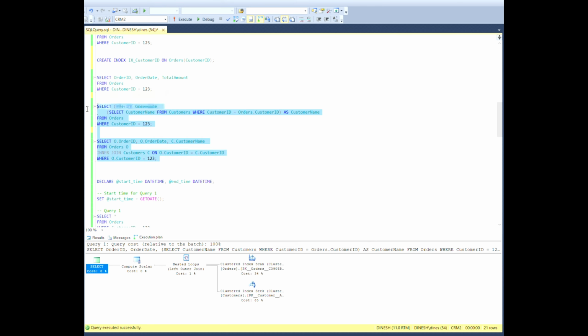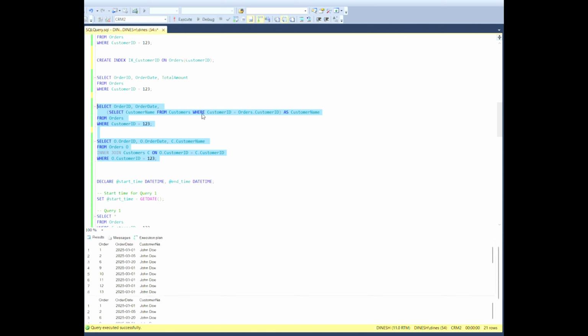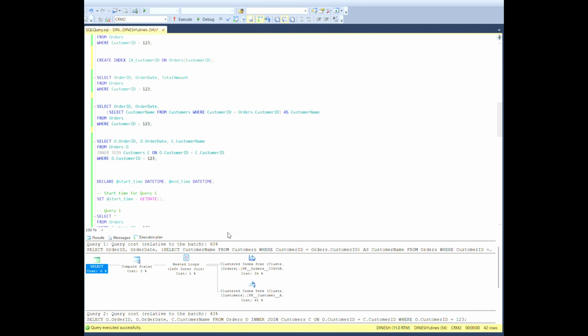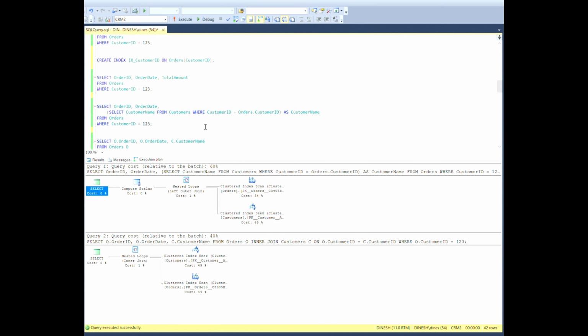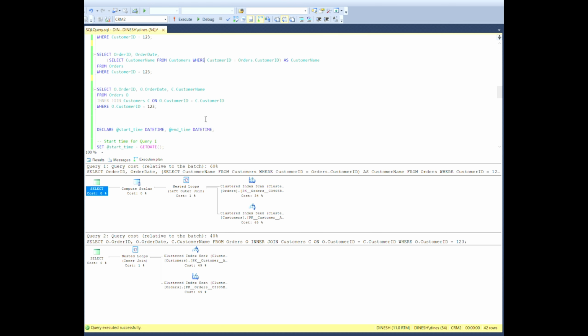If the original query had a subquery, replacing it with a join can improve performance. SQL Server can optimize joins more efficiently than subqueries. Original, hypothetical subquery example: select order ID, order date, (select customer name from customers where customer ID equals orders.customer ID) as customer name from orders where customer ID equals 123. Optimized with join: select O.order ID, O.order date,